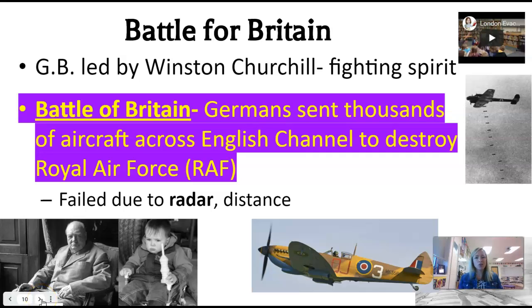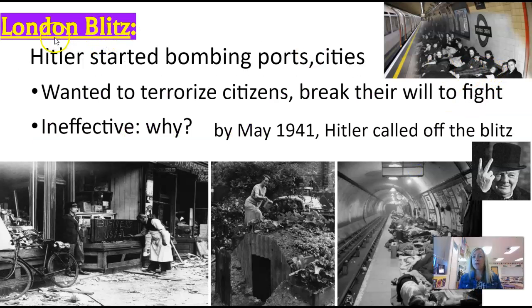So Hitler is going to shift his target, unfortunately, to civilians. Right? So when you go to civilians, the London Blitz, he is going to start to actually bomb the city of London. He bombs ports, he bombs cities, he's bombing civilians. He wants to terrorize the citizens and break their will to fight. He wants them to push hard on their government to surrender. This ends up being ineffective, and he actually starts really around May of 1940, when all of a sudden